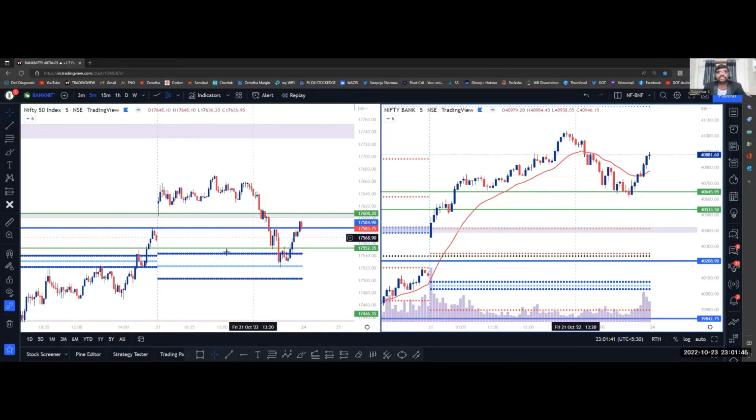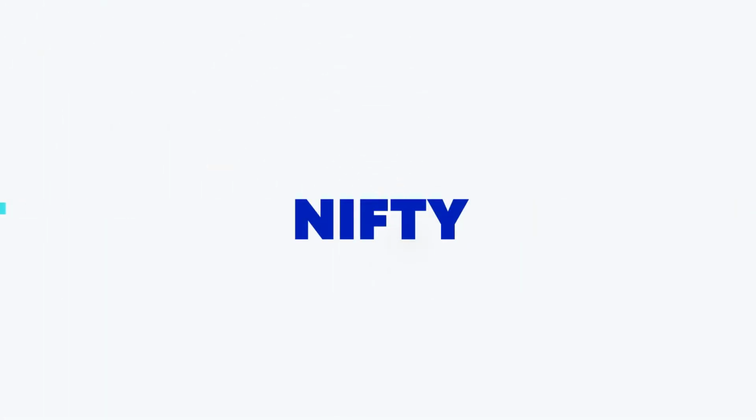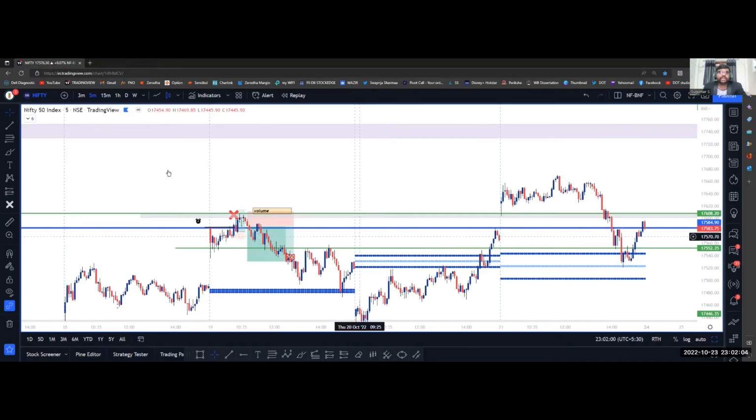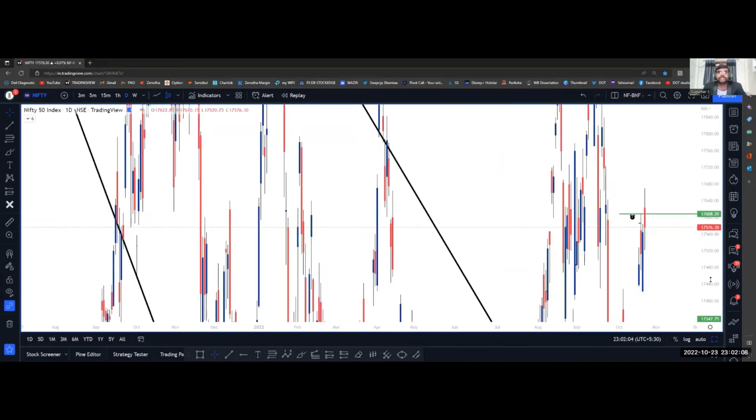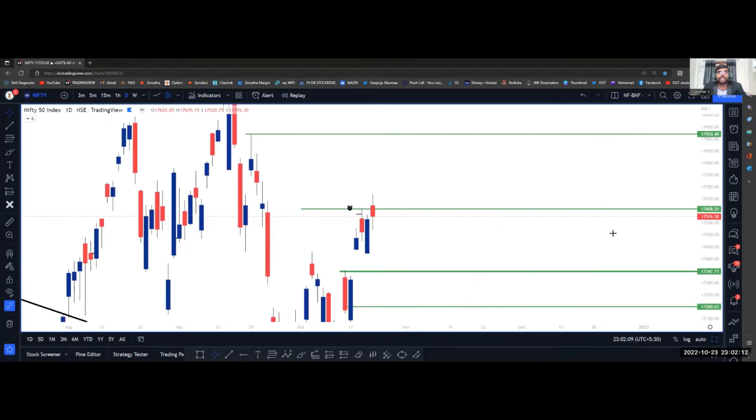Okay, let's prepare the chart for the next day. First, let's take Nifty. In Nifty, let's go to the higher time frame. The higher time frame for intraday is the day time frame, the 1 day time frame. In the day time frame,